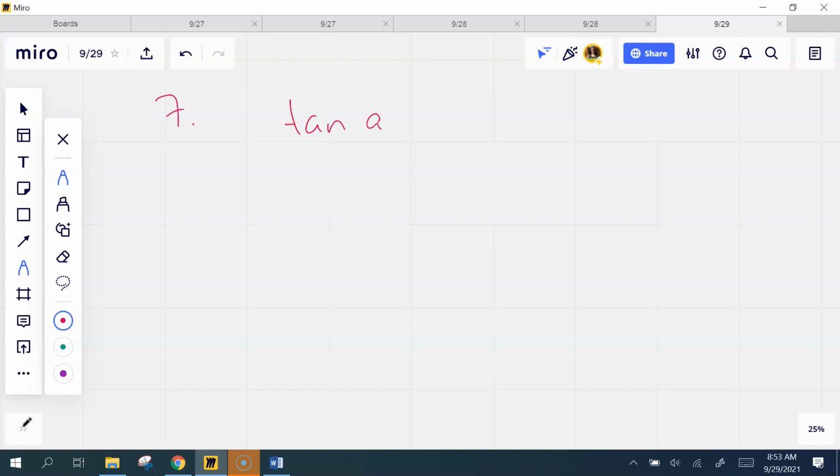The tangent of A equals -1. What are two possible values of sine A? So the first thing you have to do is figure out what A is, right? So in other words,